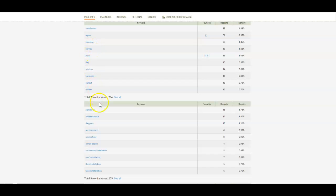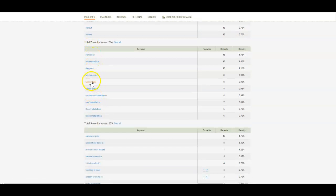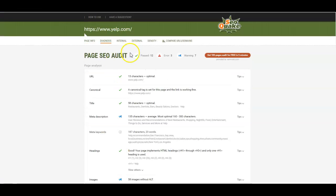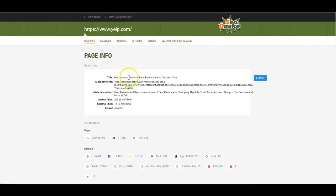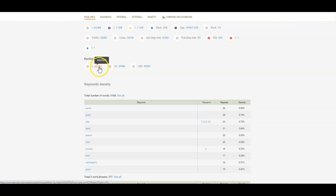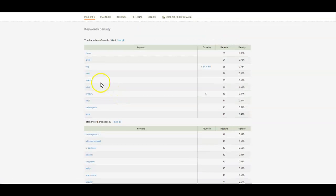Installation, repair, cleaning service pros, same day, next. For these two word phrases, I noticed you're shooting for a lot of ranking in that near me category. I would make sure that near me is in these two word phrases. So let's look at Yelp real quick. Go back to their page info. It's showing them having 45 million. And they have things like search, send, reviews,